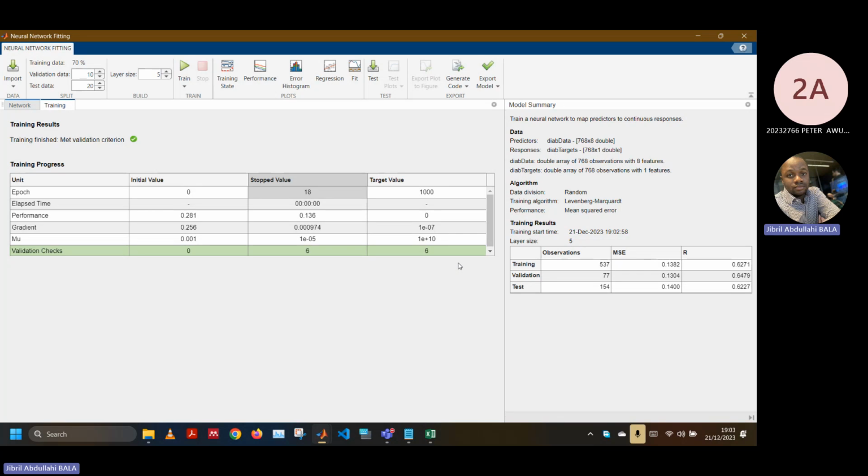Okay, the interpretation. As you can see here, we are looking at two major parameters, the mean squared error and the R value. Now, mean squared error is the square of the mean difference between the actual value that you have and the expected value. What I mean is,